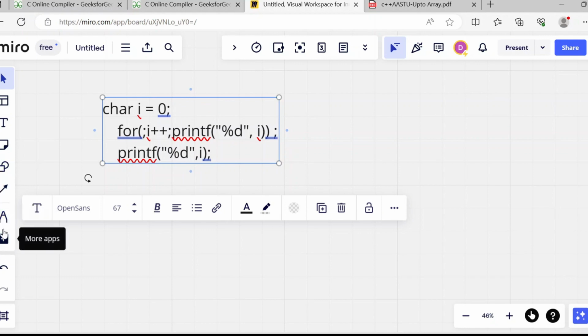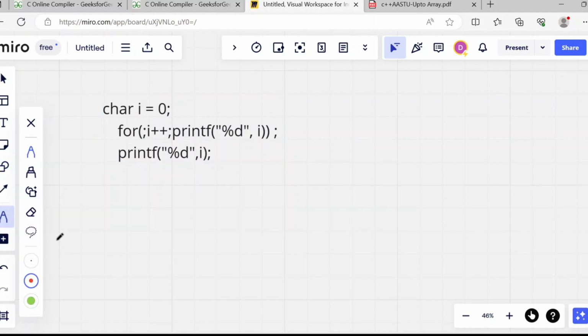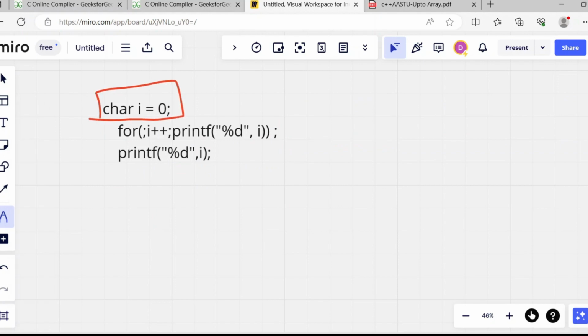So you see the question. This is I is equal to 0. Okay. There is nothing in initialization. Here there is I plus plus, and here there is a printf statement. And again here there is a printf statement. Okay. Now you see,